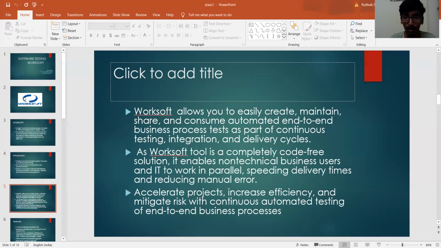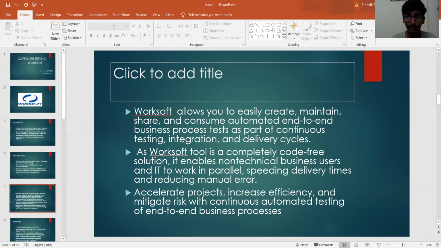And also Worksoft allows us to easily create, maintain and share automated end-to-end business processes, as the Worksoft tool is completely code free, and it is a good software tool for beginners who want to learn, and also it enables non-technical business users and IT to work in parallel for speedy delivery.